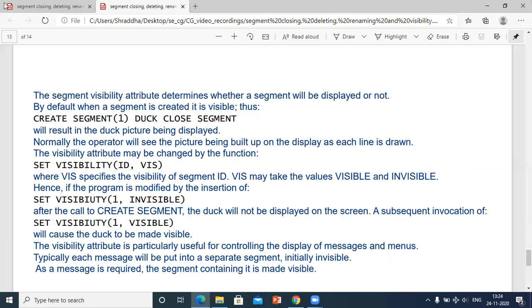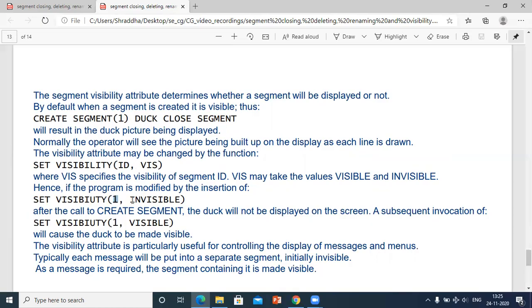See now, relate to these points. Over here what was written? SetVisibility ID and VIS. So how will you write it? SetVisibility, what is your ID? 1. 1 means what? Put in the active list. Over here there is a slightly different way given. Your 1 is your segment ID, that is segment ID number 1, segment ID number 2, segment ID number 3. Over here you have to give the ID of your segment.